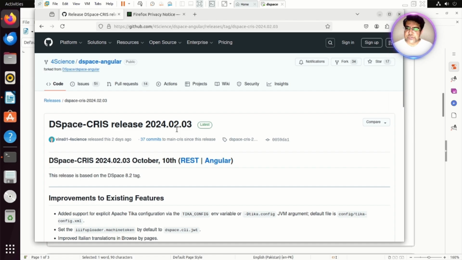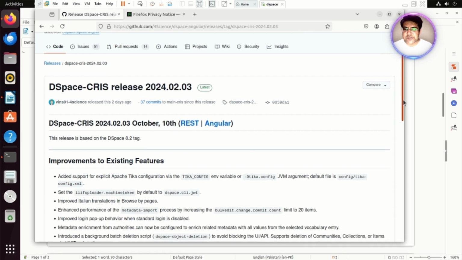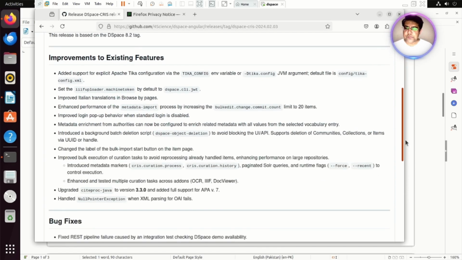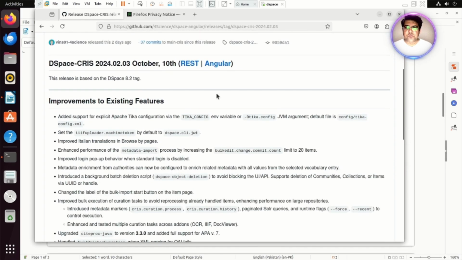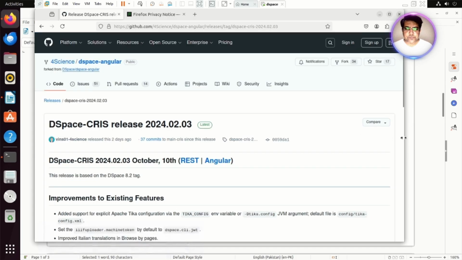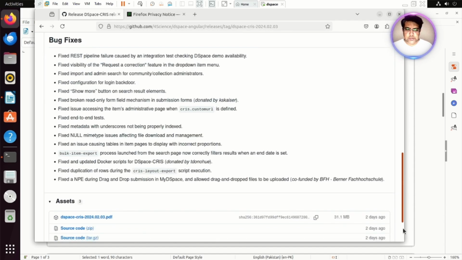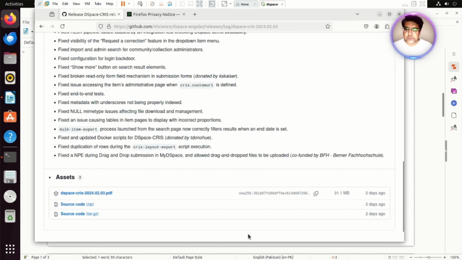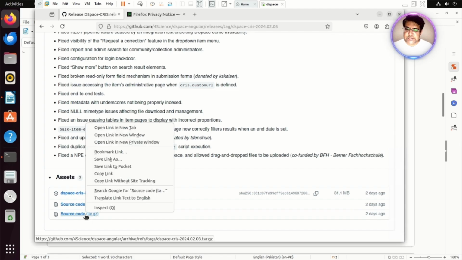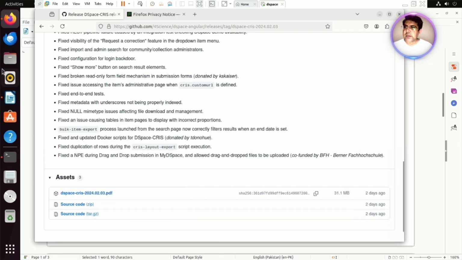I don't know, 2 is February or 3 is March. Anyways, okay, so we actually want Angular, and here we can see the Angular .gz format. So it's 2 days ago it's actually upgraded, and we can copy the source link here, and we